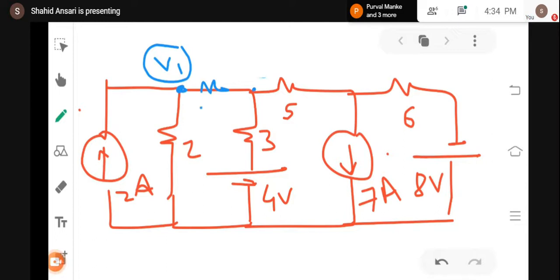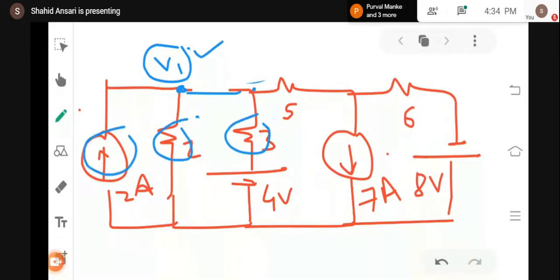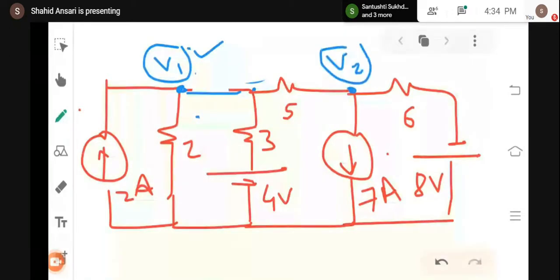If suppose any branch were connected over here, suppose we had a 3 resistance connected over here, then I would call it a separate node. This is V1, this is V2, but this is not the case. Here I'll have to consider this as a complete node. So this is connected with node 1. You will be saying 2 ampere, this 2, this 3, and this 5, all these elements are connected with node 1. Now, again, this is your node 2. I can consider it as V2.